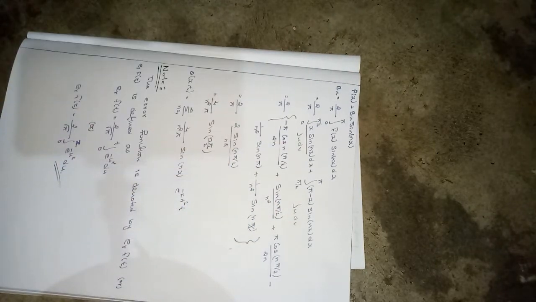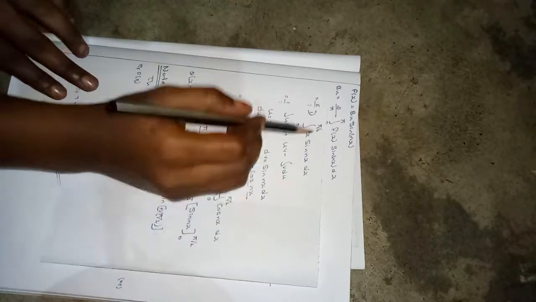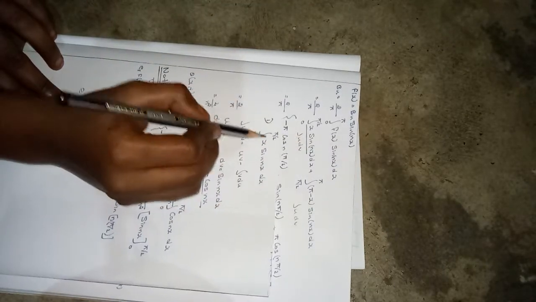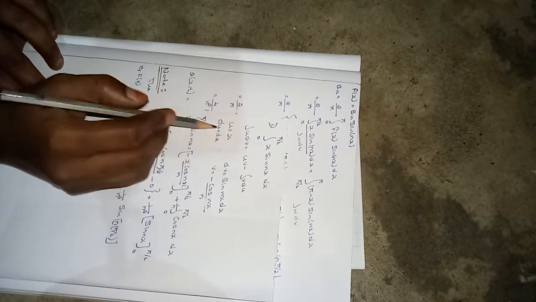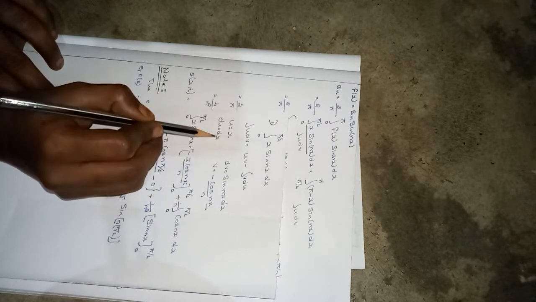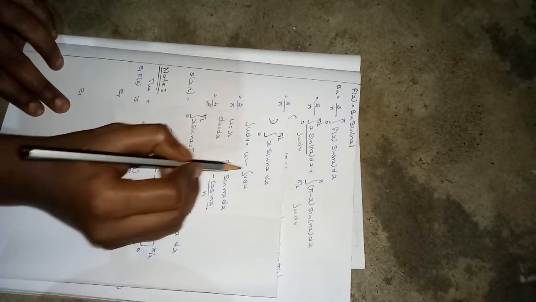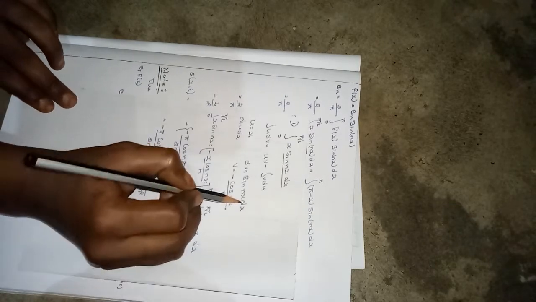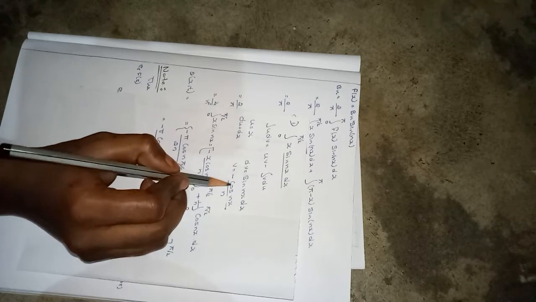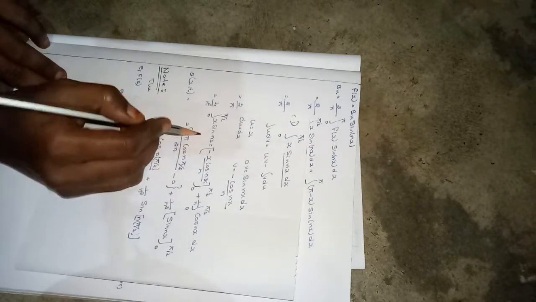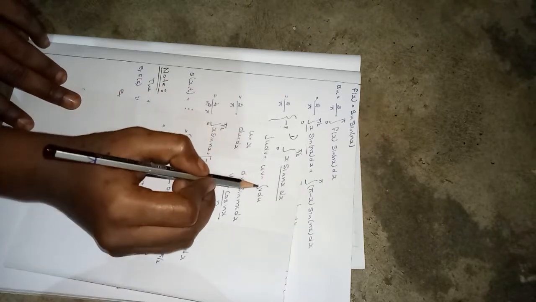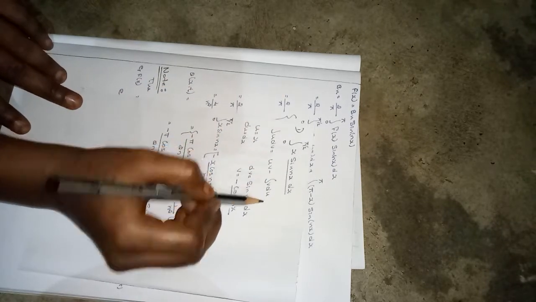That is, first I considered this integral over 0 to pi by 2, x sin nx into dx. Here u is x, dv is sin nx dx. We will be integrating on both sides. We get the value for v as minus cos nx by n. Apply this in the integral u dv equal to uv minus integral v du formula.